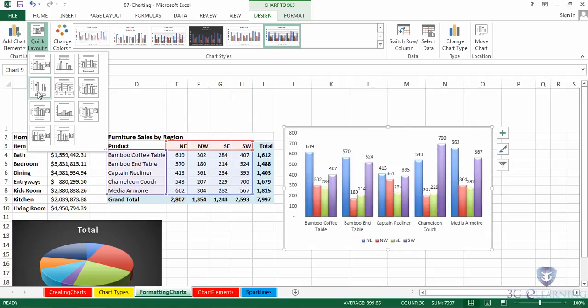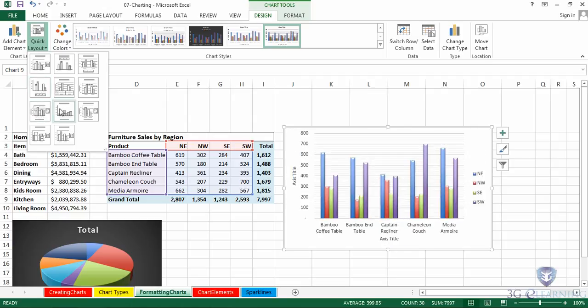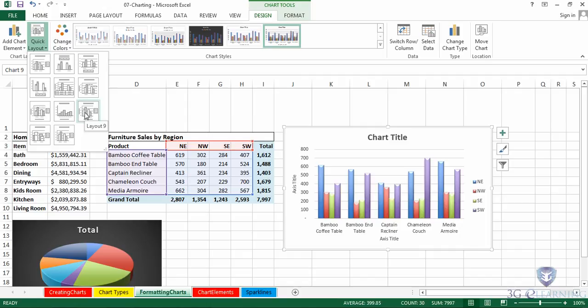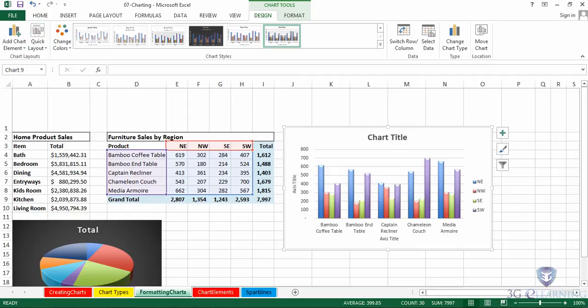There's numbers and text being added here and there. Grid lines are changing. One of them, layout number 9 for example, gives us positioning for titles above and below the chart and down the left hand side. So I'll choose layout 9. I don't want chart titles to stay there, so I'd normally type over it and replace it with my own